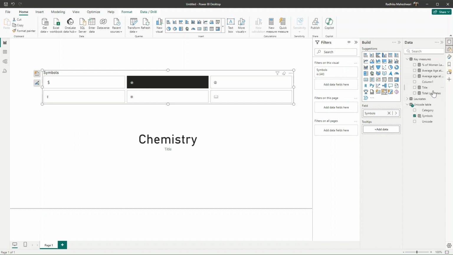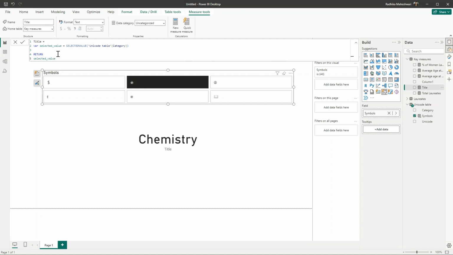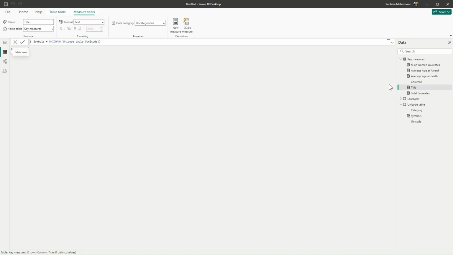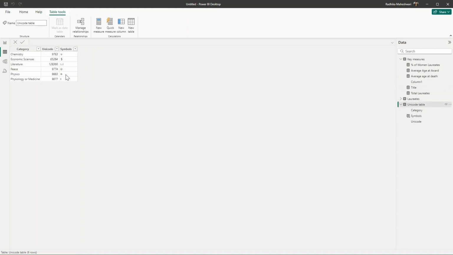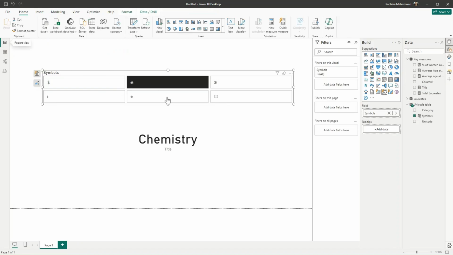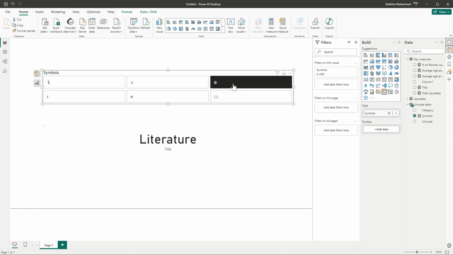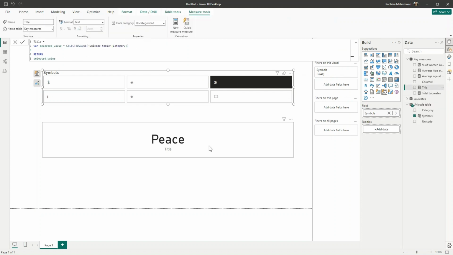So how it is working out is, if we go back to our measure, it says what is the selected value of category. Now here we are not selecting the category, we are selecting the symbol, but this symbol is associated with the category and it can find it out because it can understand the row context here. So this is how this measure understands what value is being selected in the slicer and is able to dynamically change the value. Now we want this not just to display the symbol that is being selected, but also there is a string attached to it.